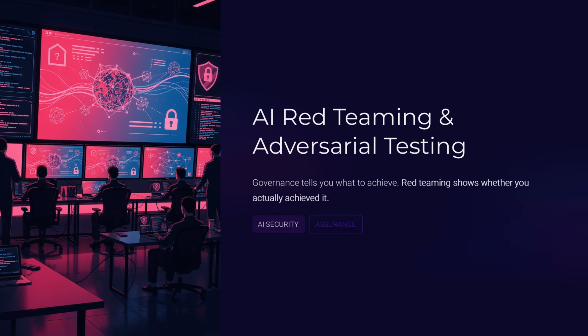In a world where artificial intelligence systems can be manipulated through language, data, and subtle inputs, you cannot rely on assumptions. You must test like an adversary. You must challenge your own systems before attackers do. In this session, you will learn how to think about adversarial machine learning attacks, large language model red teaming, and model robustness testing from an architecture perspective, not a hands-on configuration perspective. You will also understand where tools such as PyRIT, the International Business Machines Adversarial Robustness Toolbox, and OpenAI Evals fit into an enterprise assurance program.